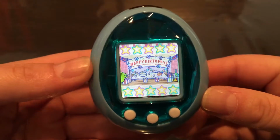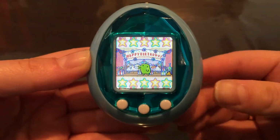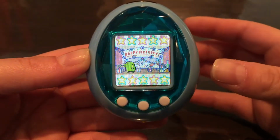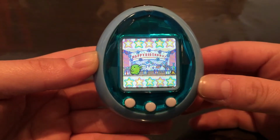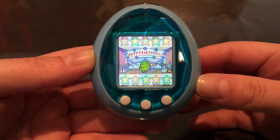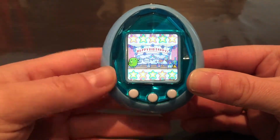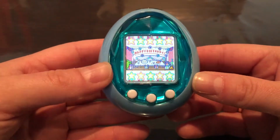Hey guys! Today I want to do a walkthrough video of the Tamagotchi ID. Now I did an unboxing video of it about a month ago and I promised that I would do a review, but I've been so busy and I've had a bunch of other stuff coming in the mail that I made unboxing videos of. But meanwhile I've been running this and so finally here is the walkthrough video of the